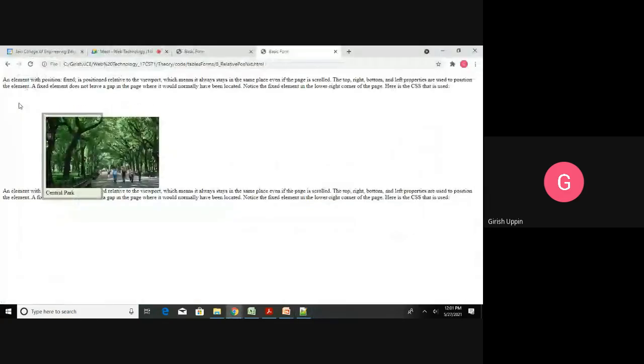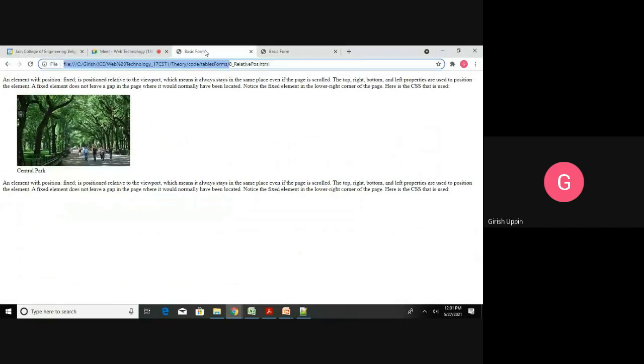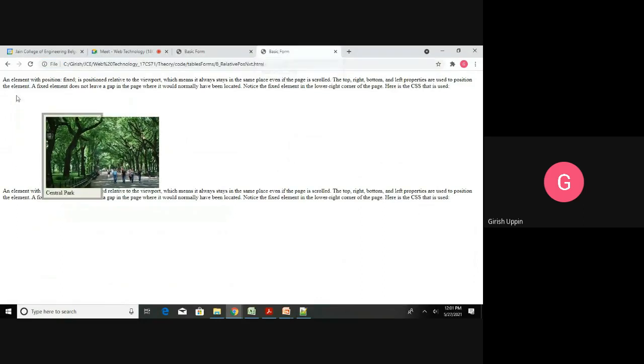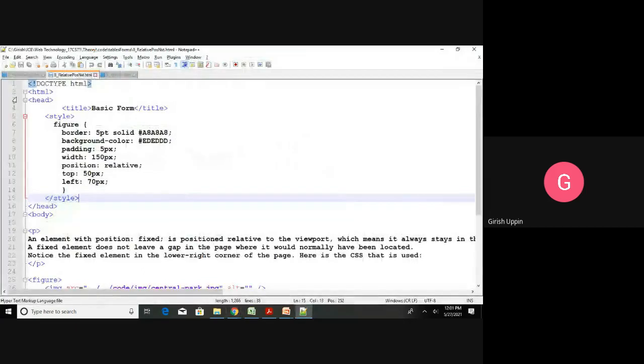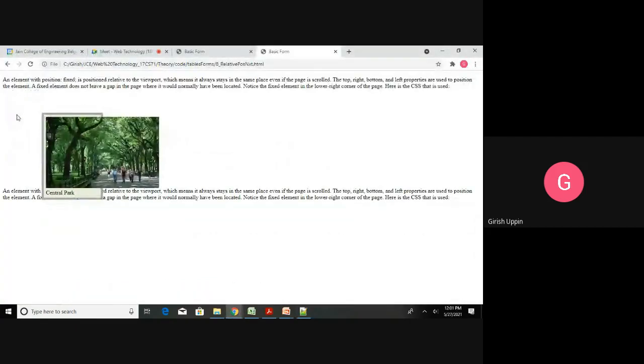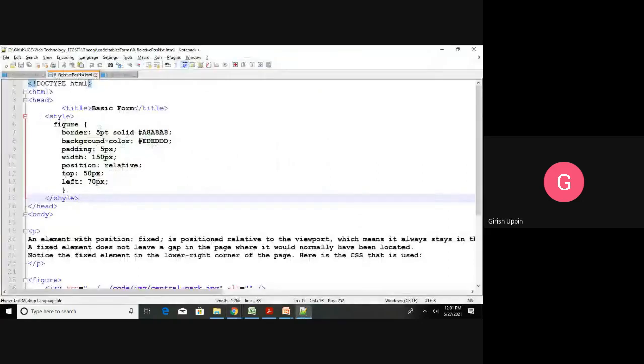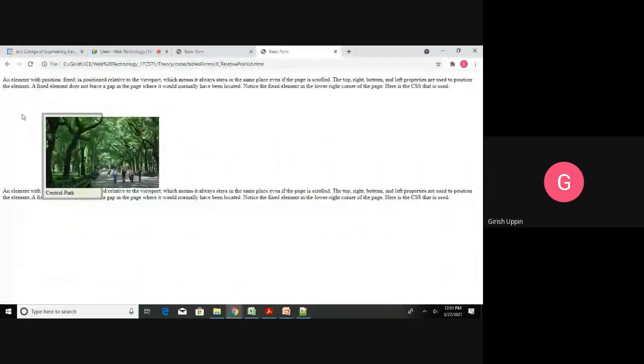So if this is the normal position, let me see. Approximately below the element. Okay, so I will say from here. From here, it has moved 50 from the top and 70 left. That is the top 50 and from left 70. So that is how it has been positioned. This is the new position, and these are some properties that have been set.